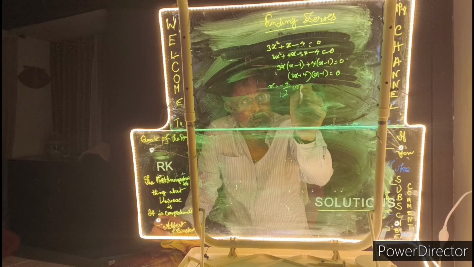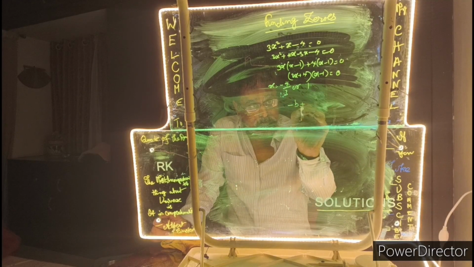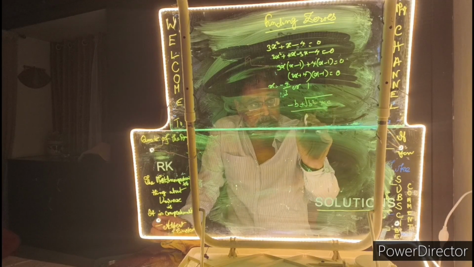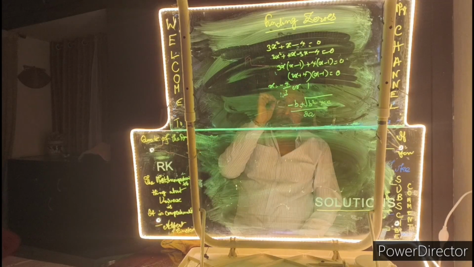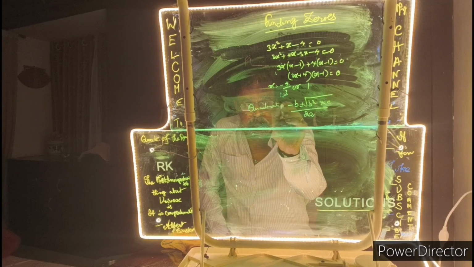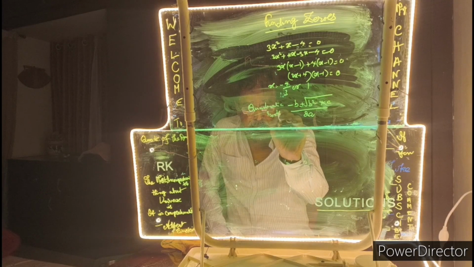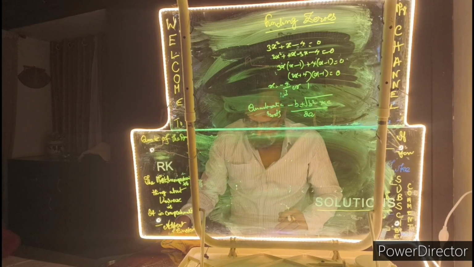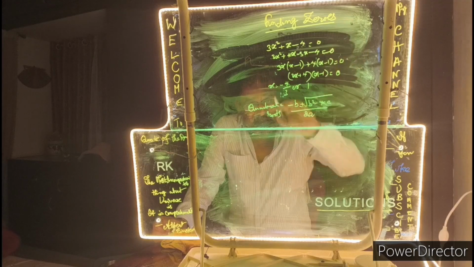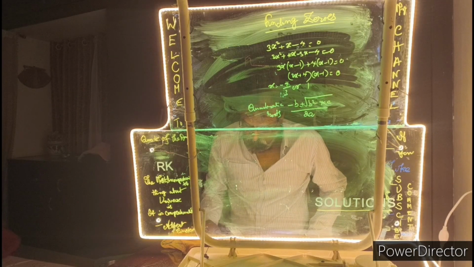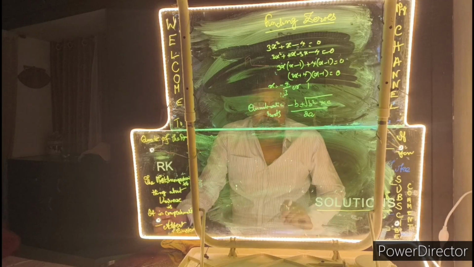So x equals minus 4 by 3 or 1. We also have the formula, minus b plus or minus the root of b squared minus 4ac, by 2a, for quadratic roots. So unknowingly we have all found zeros. Basically, the definition of finding a zero is this: